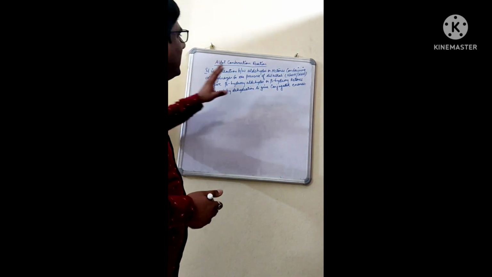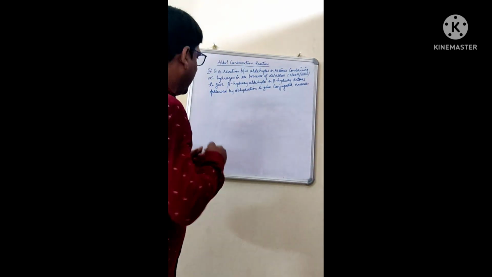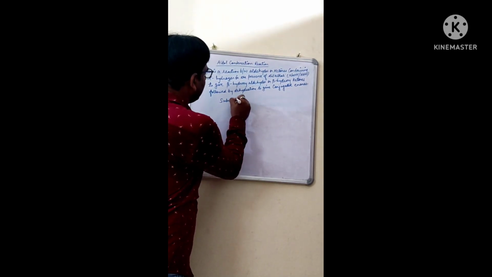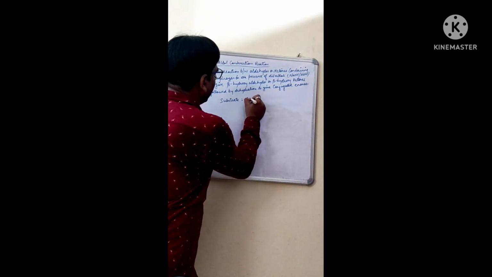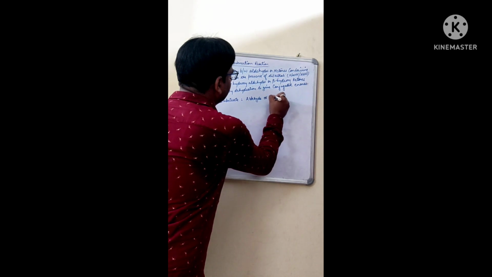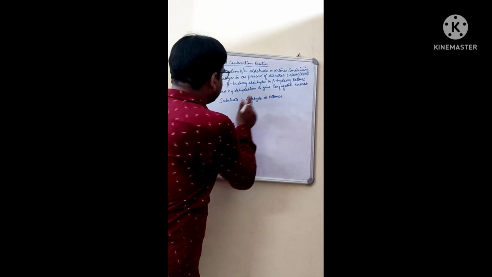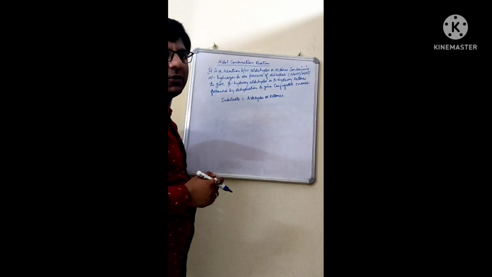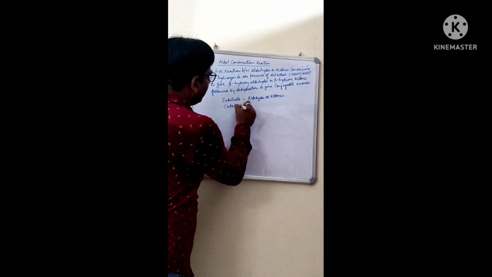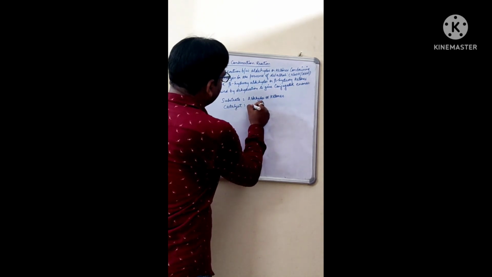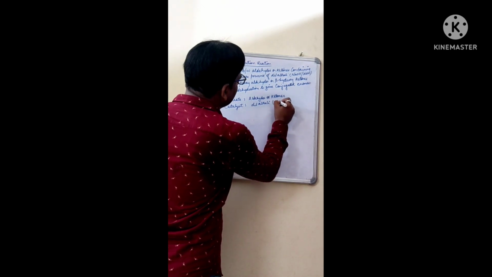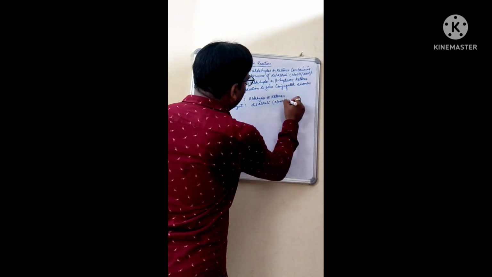How do you have to remember it? I am just making it simple for you. Always remember that the substrate used for this reaction is what? Aldehyde or ketones. This is the substrate that you have to use for the Aldol condensation reaction, followed by your catalyst. What is the catalyst that you are using? The dilute alkali. That is the NaOH or the KOH.